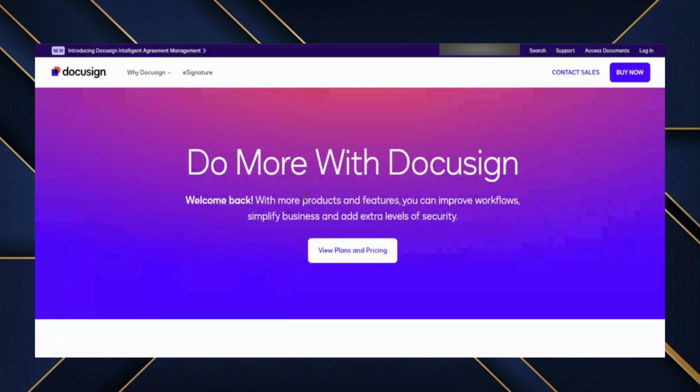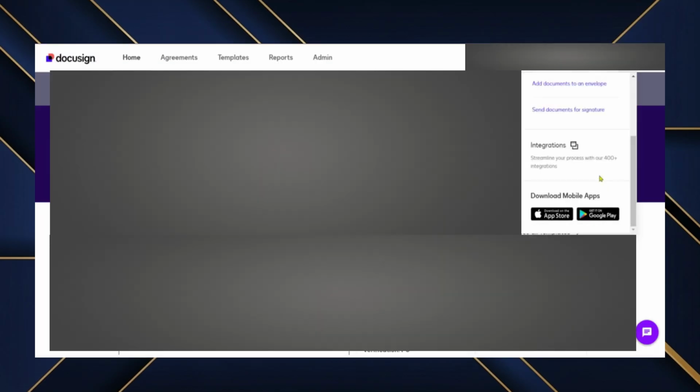In this video, I'll show you how to use Docusign on Android step by step so you can sign and manage documents easily from your phone. Start by opening the Google Play Store and searching for the Docusign app, then download and install it on your device. Once installed, open the app and log in using your account credentials, or create a new account if you're